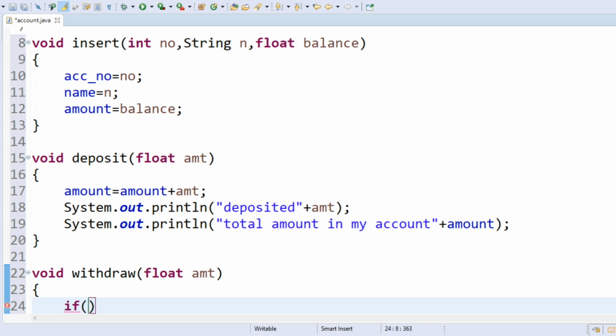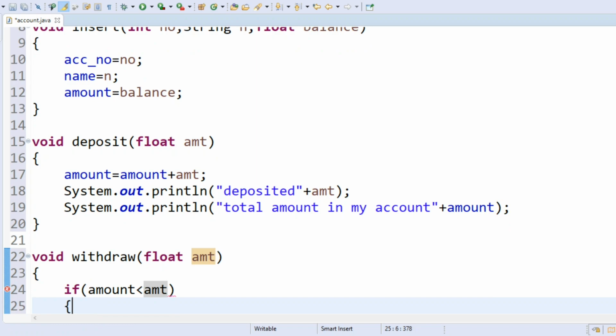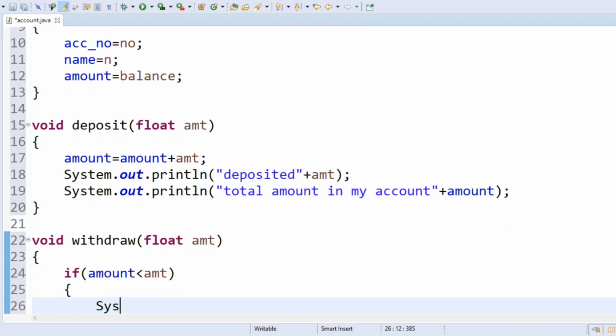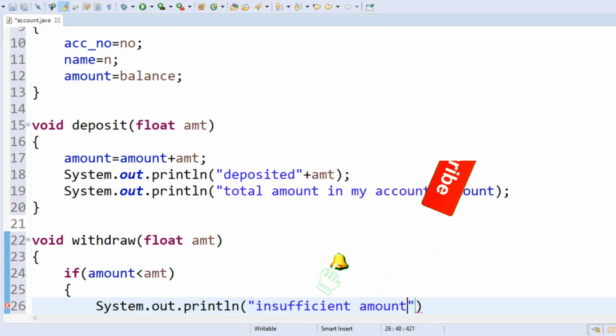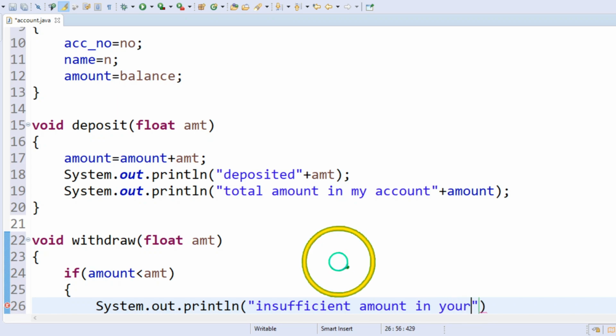If the amount present in your account is less than the amount that you want to take, then it will print, system.out.println, insufficient amount in your account.